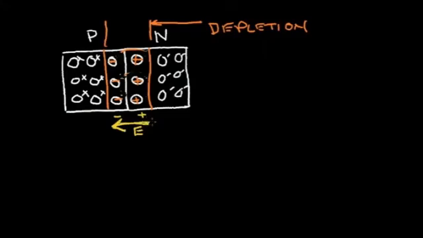And similarly with the electrons. Now this electric field will exert a force on the electrons to the right, in the opposite direction. So the abundance of electrons at the right in this n material get repelled. They no longer diffuse over into the p region. So what does this mean? Let's do a plot